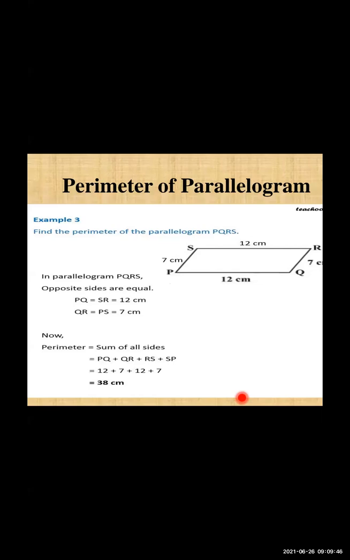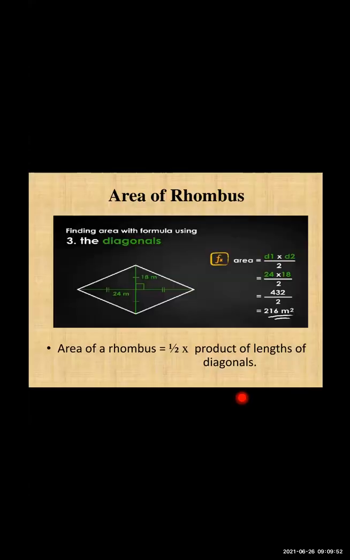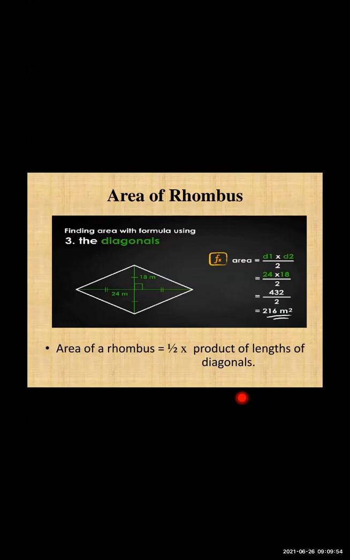So this is the perimeter of a parallelogram. Let us move towards the next point. What is the next? Area of rhombus. That also we have seen yesterday, what a rhombus is. A rhombus has all the sides equal. A rhombus is near about a square, but a square has all the angles the same, 90°. But in a rhombus, it is not like this. It is not 90°. Here only the opposite angles of a rhombus are congruent or equal, but all the sides are equal. So we have to find the area by using a formula. So what is the area of rhombus formula?